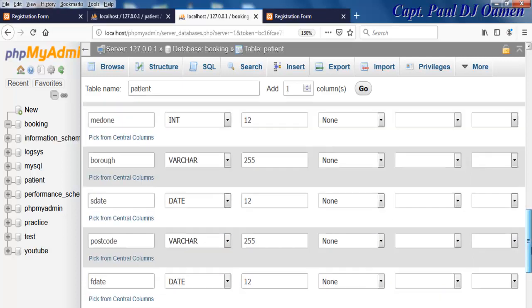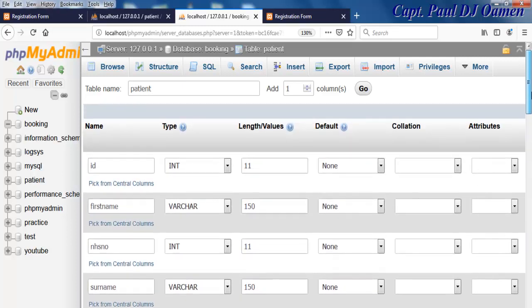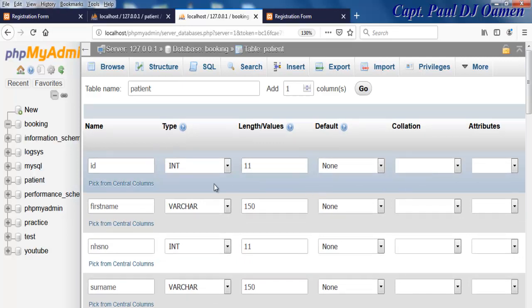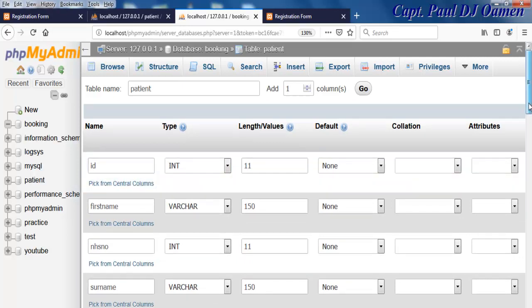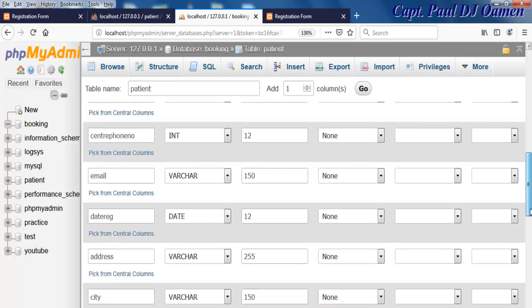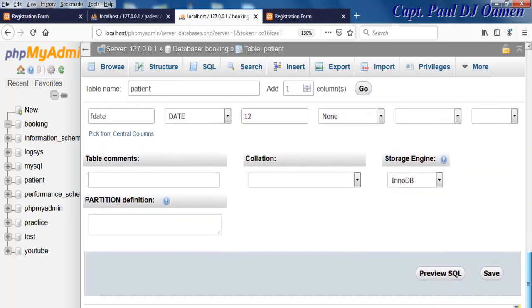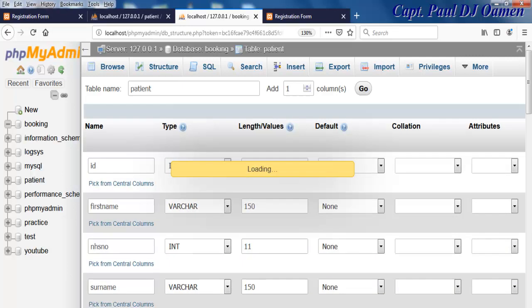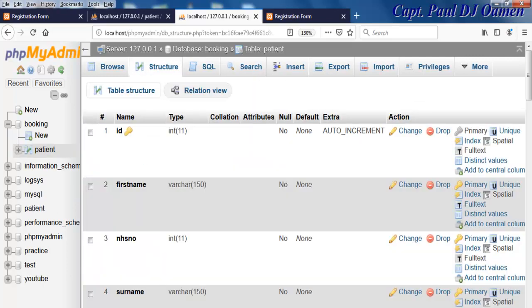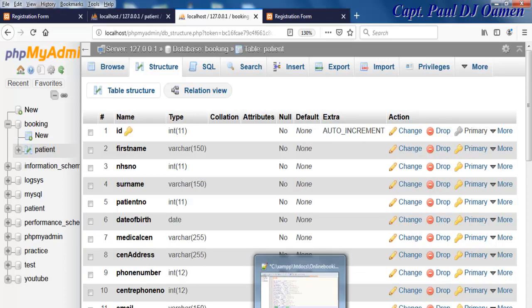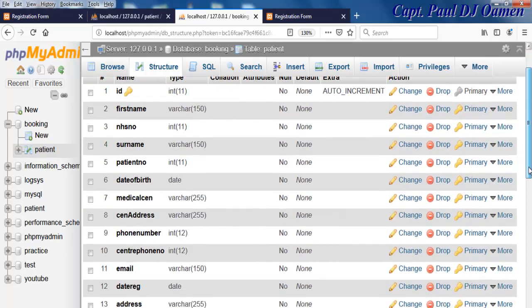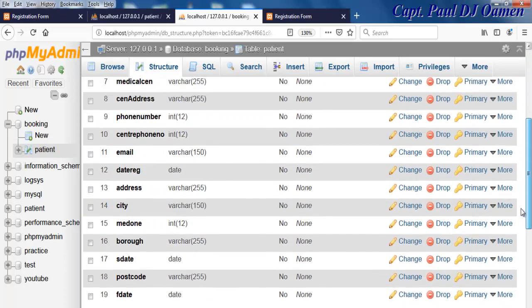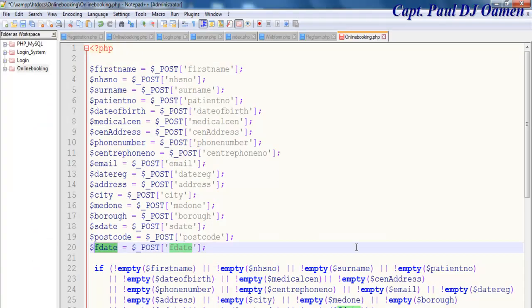So all my 18 fields plus ID, which is going to be automatic. So it's all added. So all we just need to do now is to click on save. There we go, click on save. There, that's my database created. Now let's go back to our application here, that the database is created. That's every information that we need on the system, all copied from here. There. So now let's come back in here,